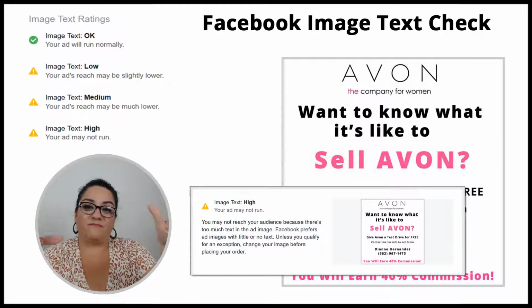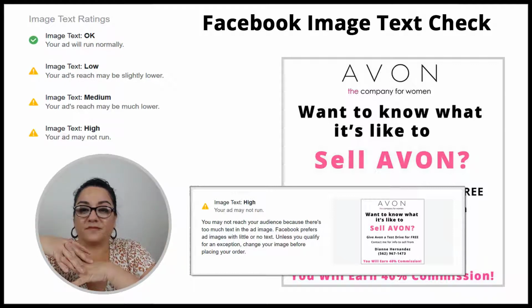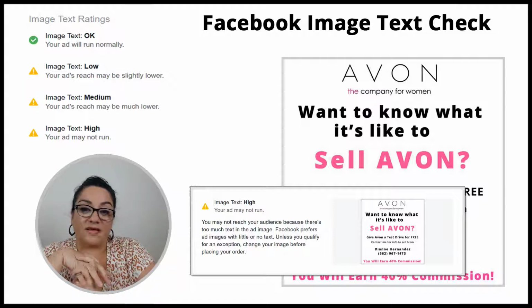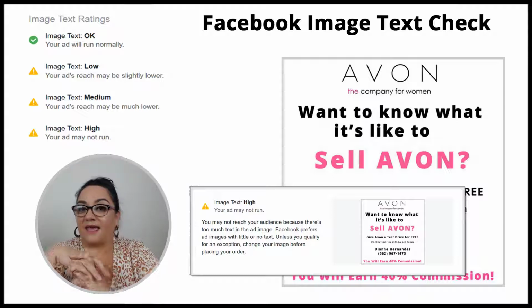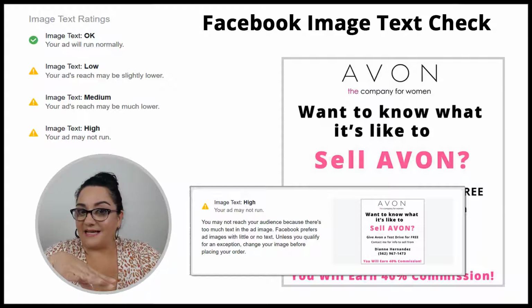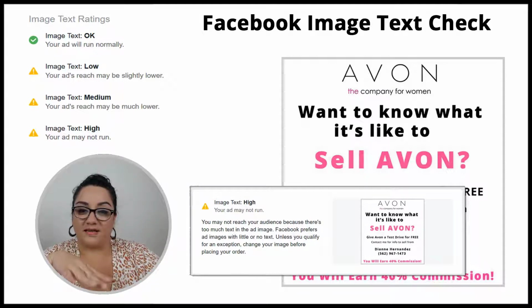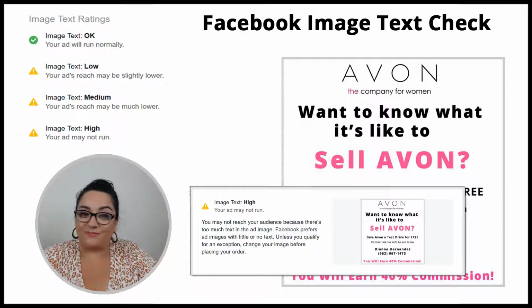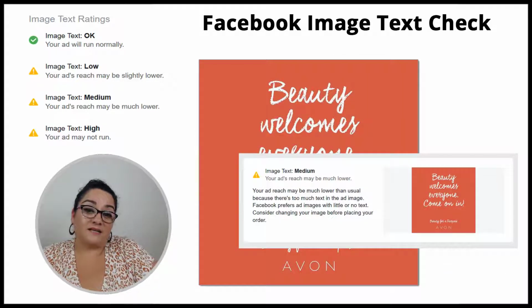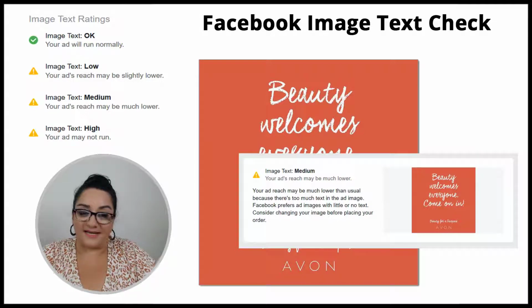So I have my post where it says sell Avon, and I wanted to promote it or boost it. But when I added it to the text check, it said that my image text was too high. And when it says that it's too high, it means that more than likely this ad is not going to be approved because there's too much text. So then I have to go back to the drawing board and figure out, okay, what other image am I going to use? So then the next one I tried was Beauty Welcomes Everyone, and that's an Avon